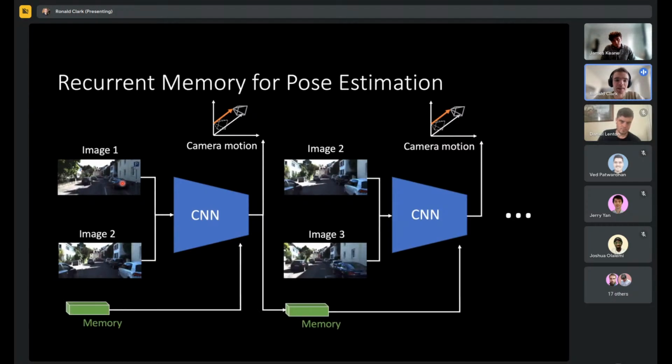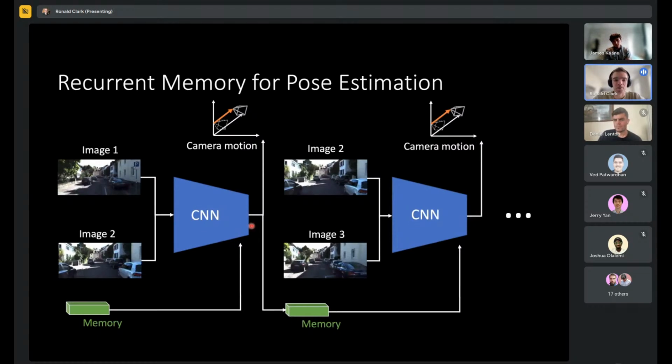And then these individual predictions are tied together using a memory element. Basically, the CNN predicts a feature vector that's propagated to the next time step, and then this memory vector is combined with the encoding of the two images from that time step, and that produces the next